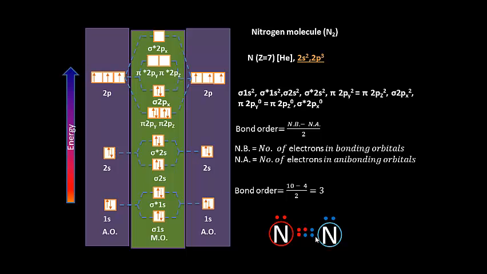The Lewis structure of the nitrogen can be written like this, where it completes its octet, and when we consider the 3 bonds, we can also write it like this. So there is one sigma bond, which is sigma 2px, and there are 2 pi bonds, which are pi 2py and pi 2pz in a nitrogen molecule.